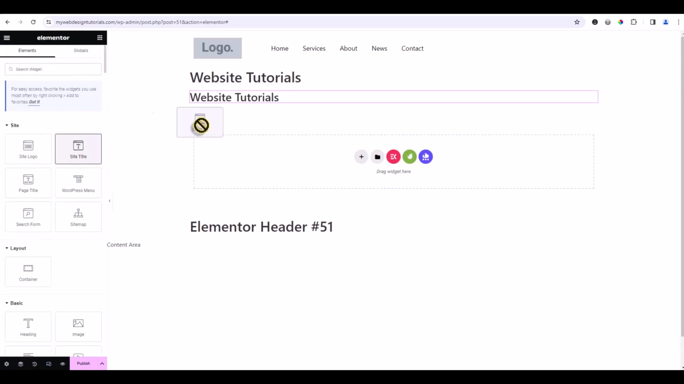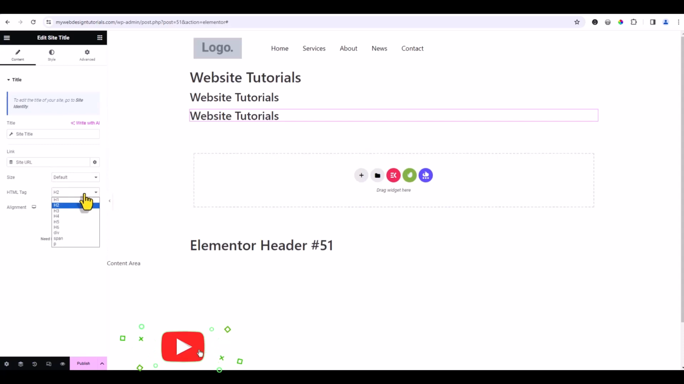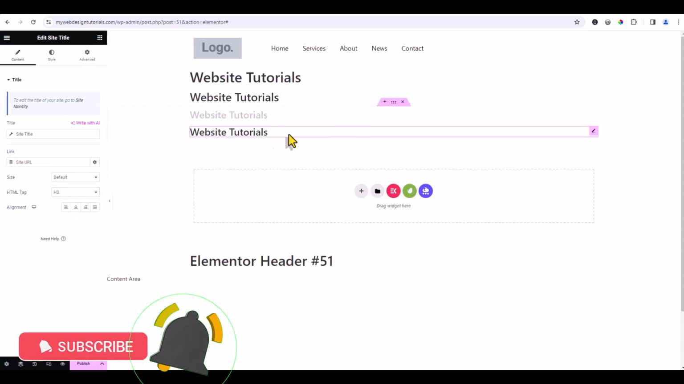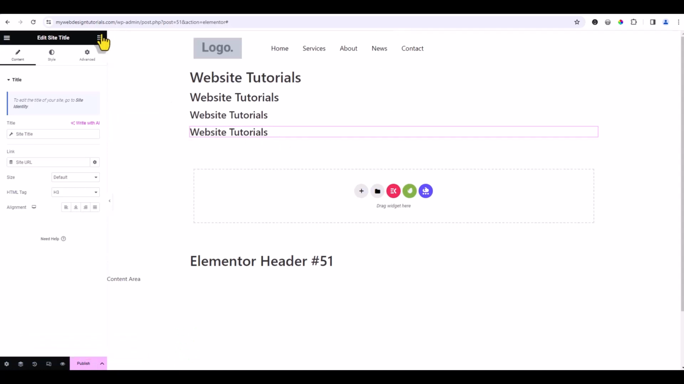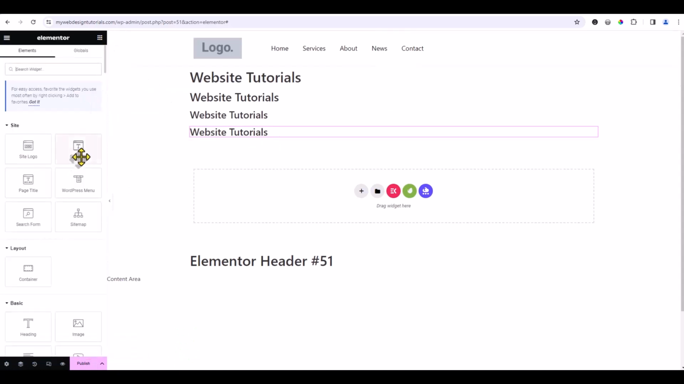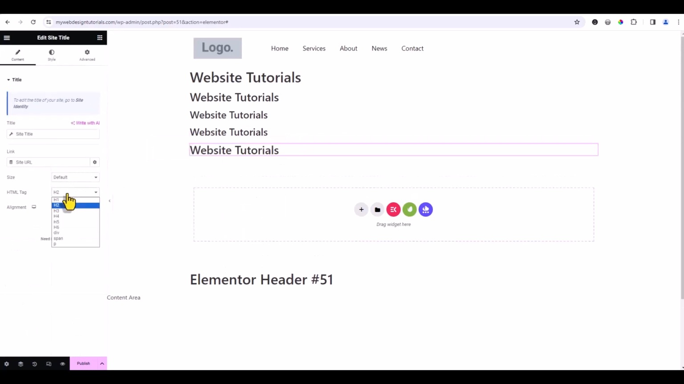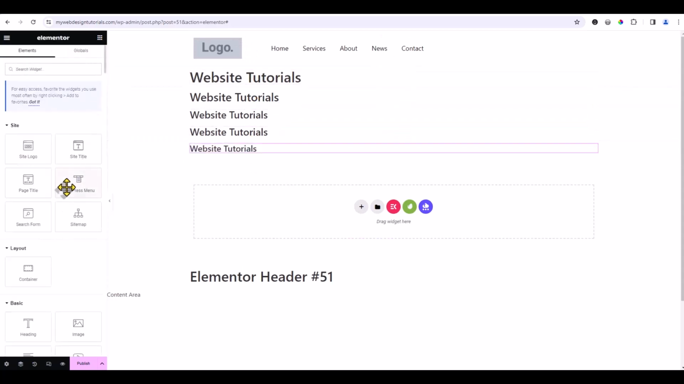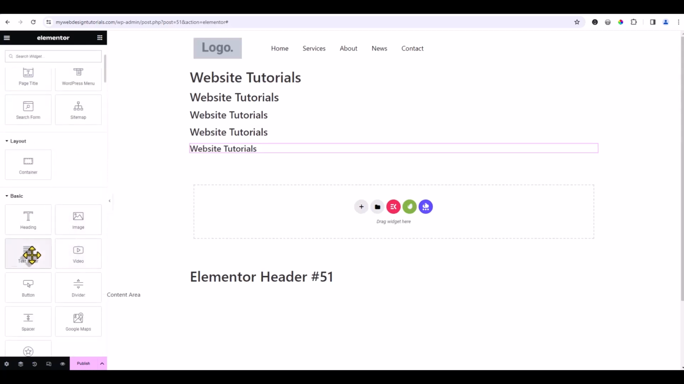And then maybe I'll throw in a H3 and a H4. So I want to change this to H3. I can right click on stuff and duplicate, so I can have multiples. And then maybe I want to throw in another site title and my last one, and I'll just make it a H4. And then you can see this kind of change in size based on their emphasis. And then the next thing you want to do is throw in a text editor. So I can go down to my text editor,